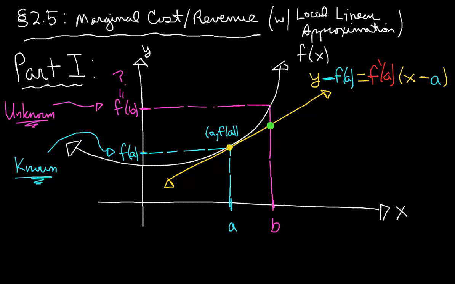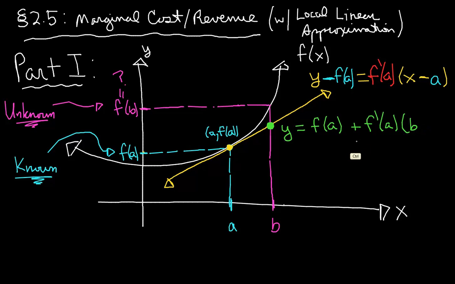So this green point right here. How do I get it? All I do is plug b, but instead of plugging it into f, I plug it into this formula for the line. So solving for y, I get f of a plus f prime at a